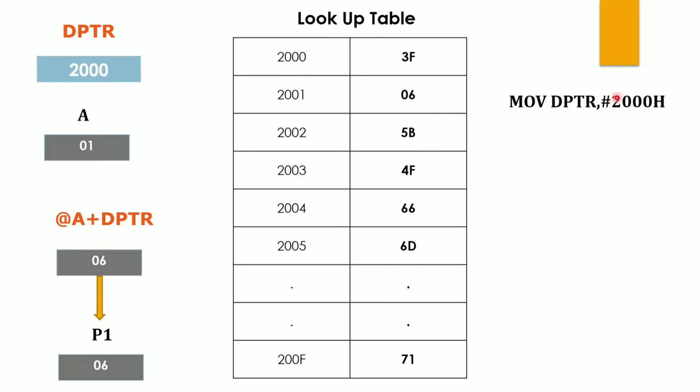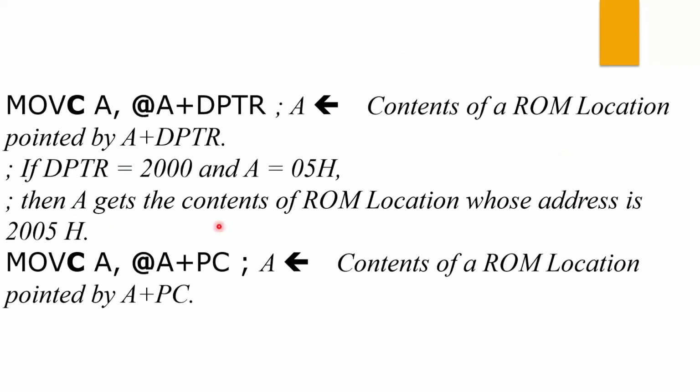Now we will write the program. So DPTR consists of the value 2000 initially. Now MOV A, #01H, that means A will get 01, and MOVC here. I have written C because I am accessing the data from external ROM. That's why I am using the C here. Now A plus DPTR means 2000 plus 1, 2001 memory location, and 06 will be read from here. That will be given to A, and that A is given to port 1. That means I can display 1 there.